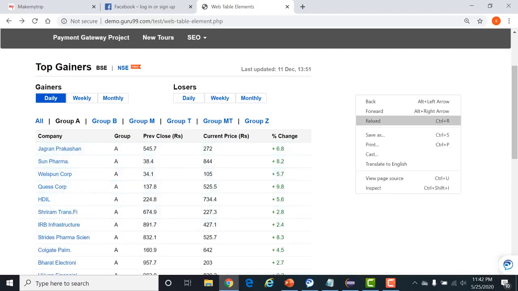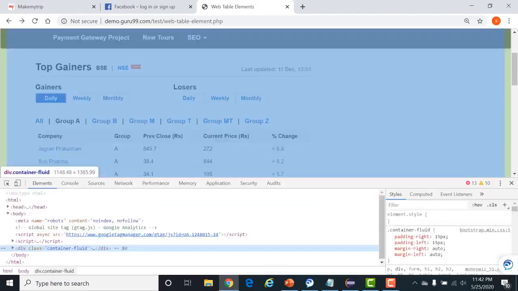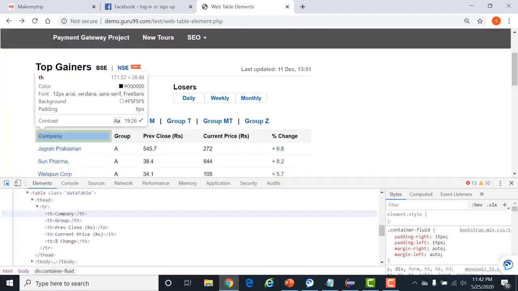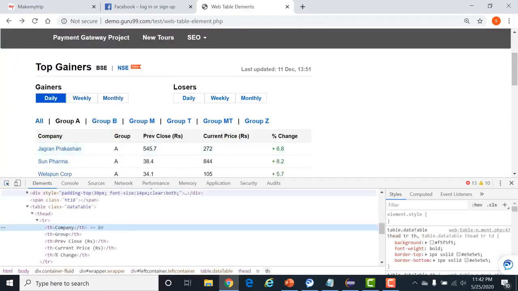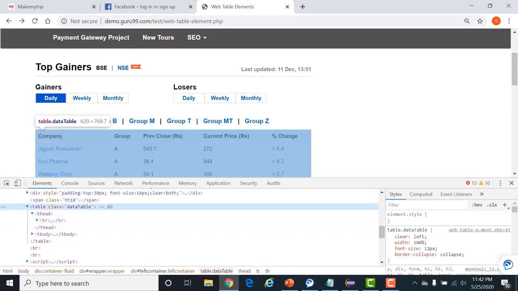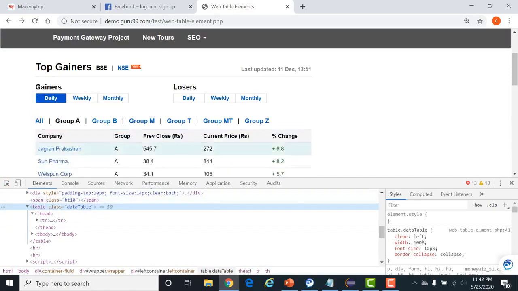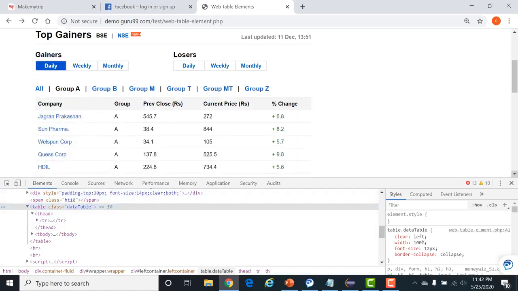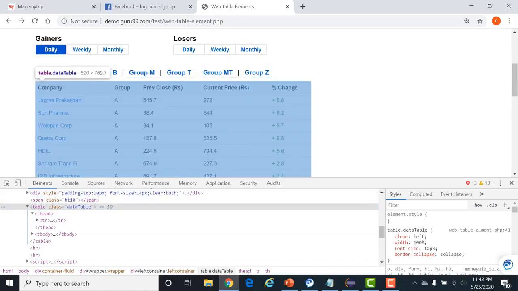Just right click and inspect the element. We'll see the HTML of this application. See, as I said, this is the table. I'll spy this table in the HTML page. I'll go to this and click on this header. Okay, see, so this is the table, right? This is the table which is representing our table in the HTML page. So what is the parent node? See, this is the table. If I expand this,